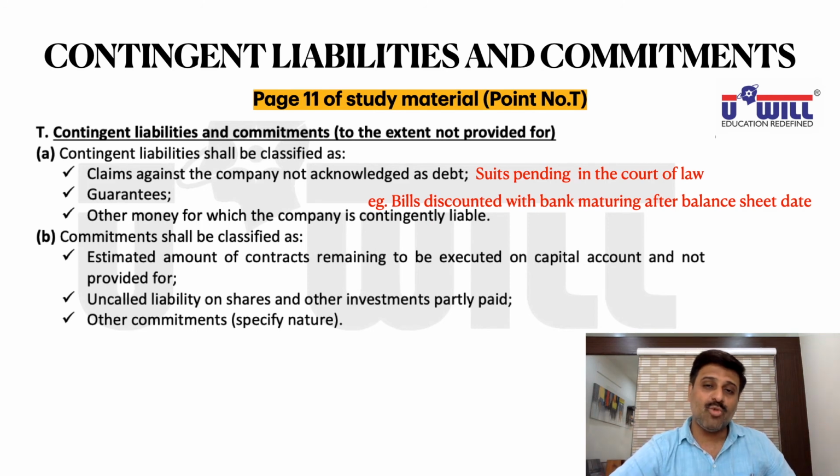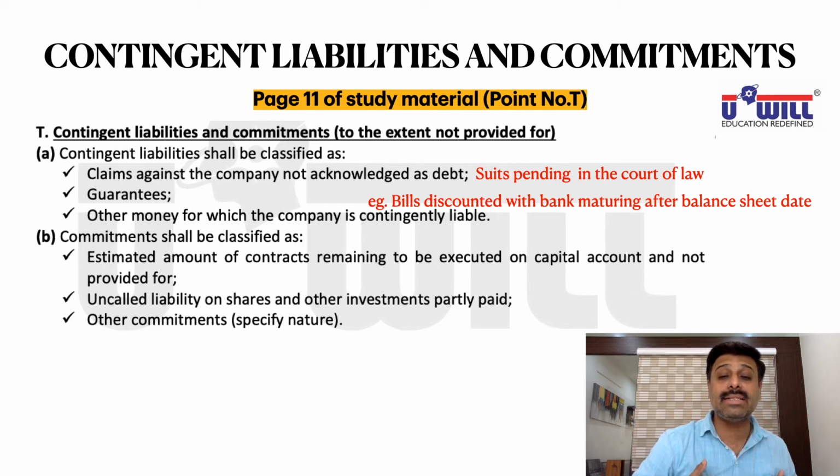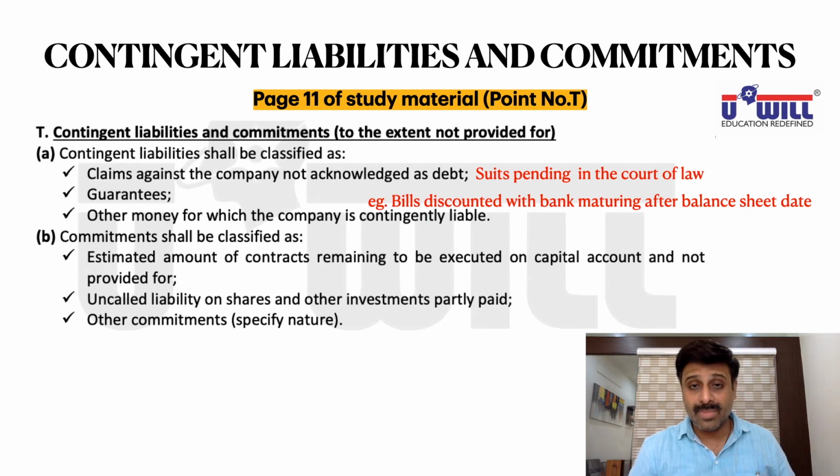Now the question is, what if on 4th June the bill gets dishonored? Our debtor does not pay the money on 4th June. What will the bank do? The bank will take the money from us. The bank does not know who our debtor is; the bank is a third party. The transaction of getting the money in advance for the bill was between the bank and us. The bank will not even inform us if we have sufficient bank balance. The day the bill gets dishonored, the bank will immediately take the money from our account.